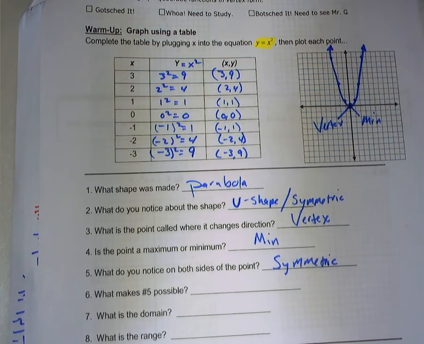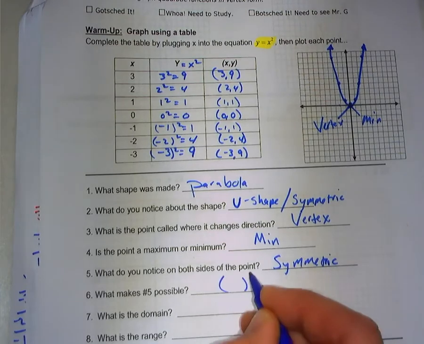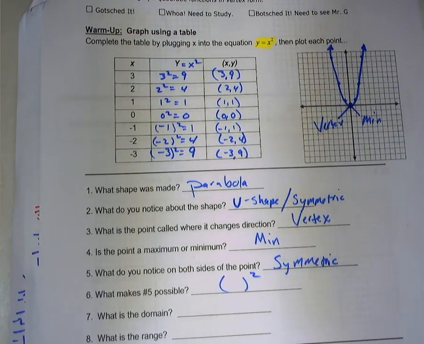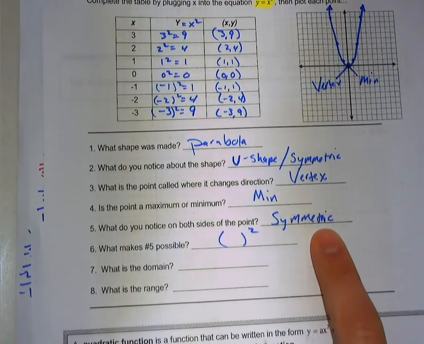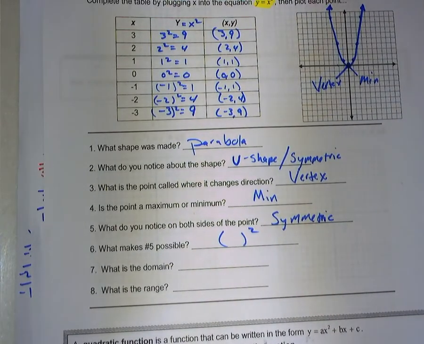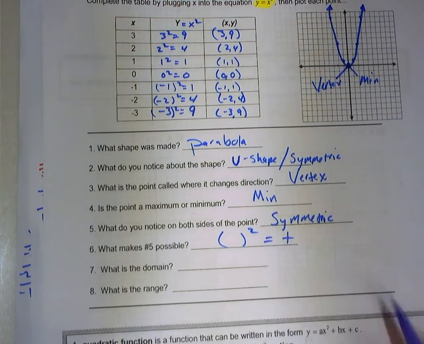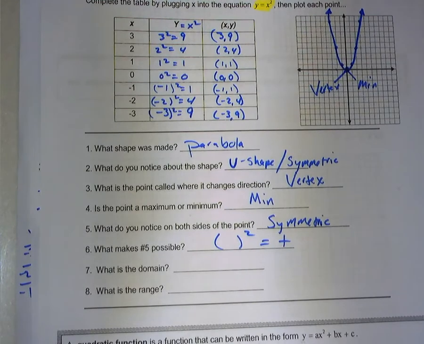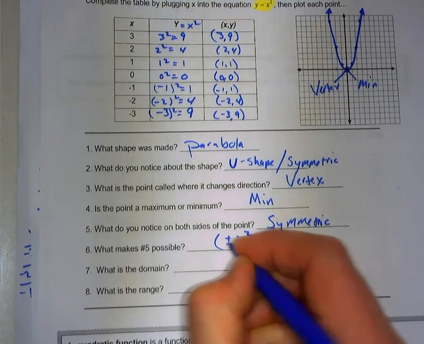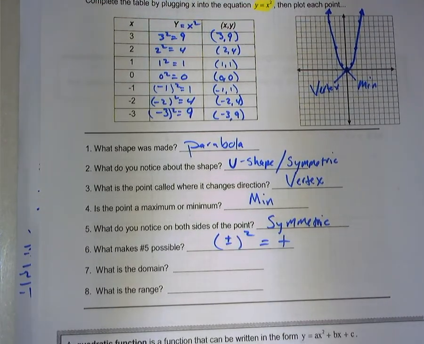What gives you the same y values? Yeah, when you square something, right? Anytime you square something, you square a positive, you square a negative, you'll always get a positive back out, right? So when you square a plus or minus, you'll always get a plus, which is going to keep it symmetric,